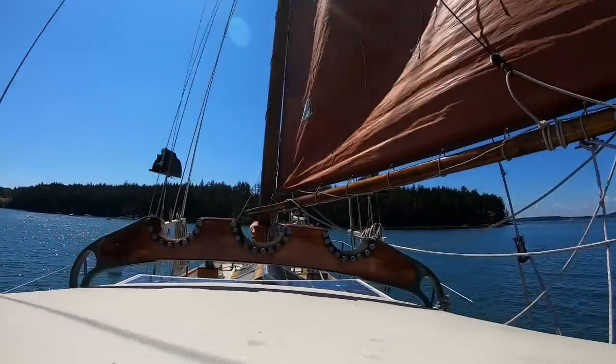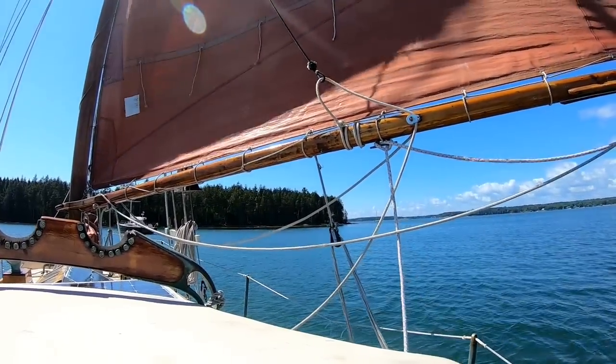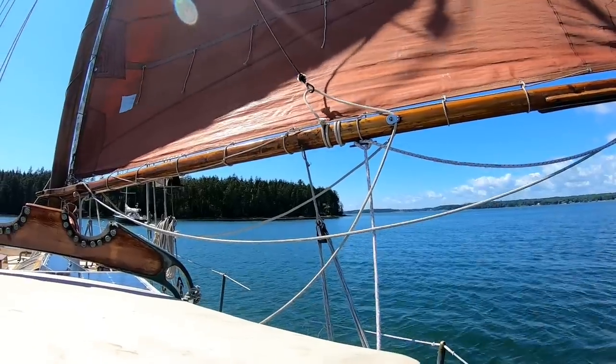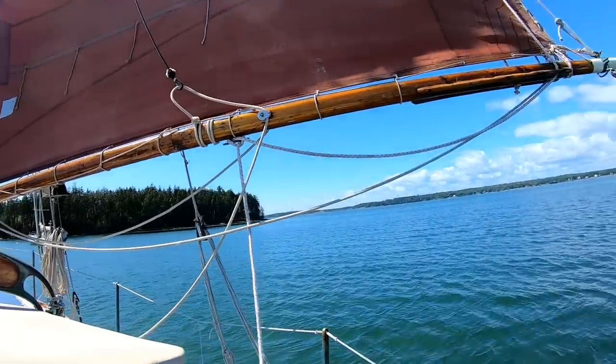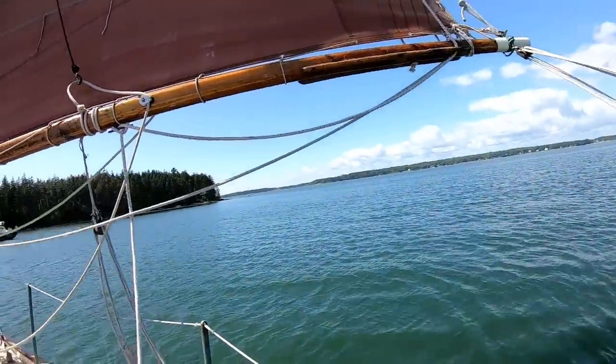Well, I'm gonna try this again, round two. It's Sunday the 29th of August, and looks like we got a nice sea breeze working in. So I'm gonna see if I can get out past Upper Island this time and be on our way to